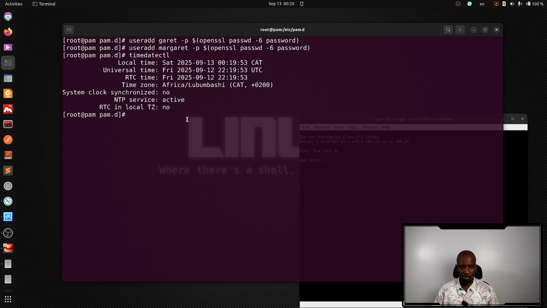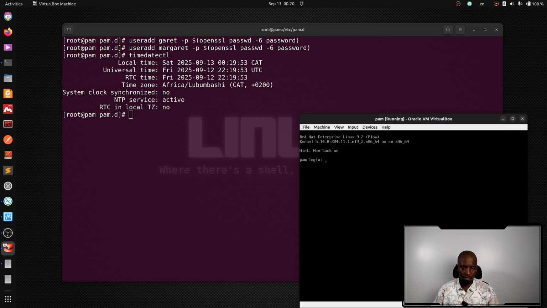So I'll go and restrict the user Garrett from logging in from the local console of the hypervisor, and allow him to access only via SSH anytime, but not on the console. So if I go here and try as Garrett and enter the password,